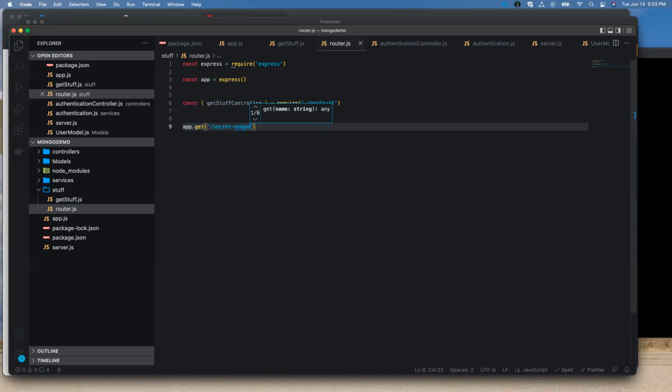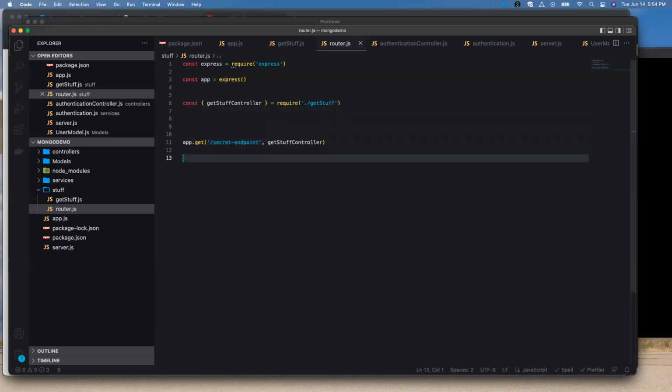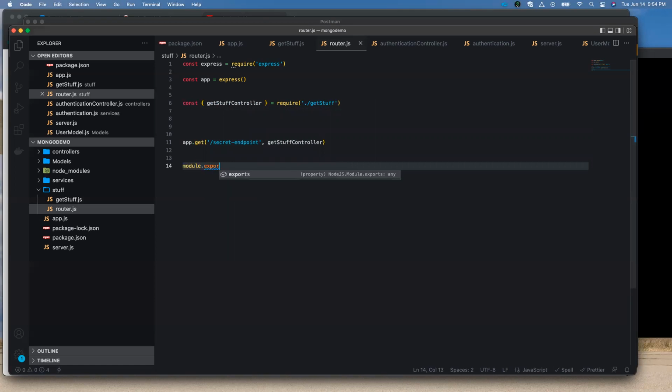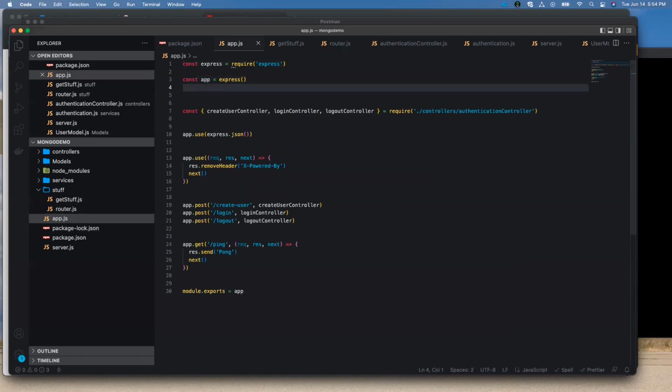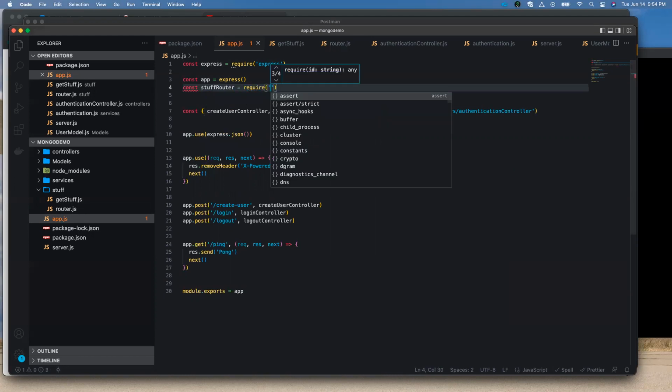Secret endpoint. Get stuff controller. And we want to export this. So module.exports equals app. And we will import that into our base app up here. So const stuff router is what I'll call it, equals require